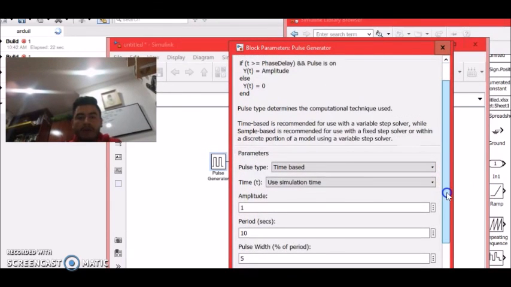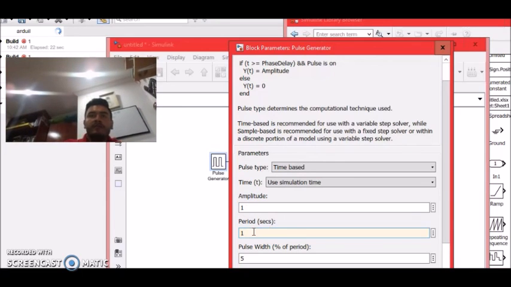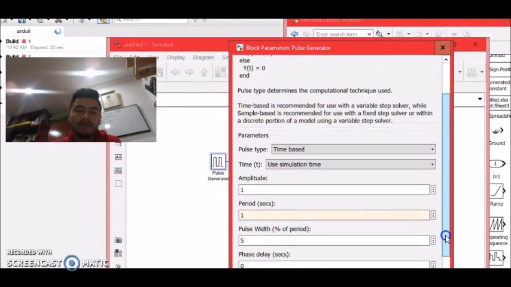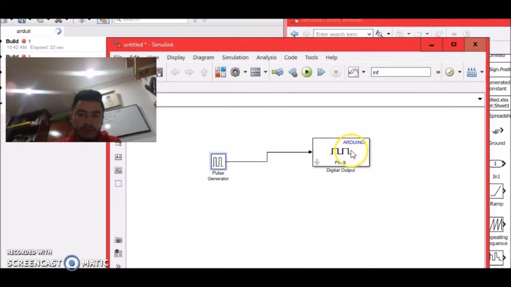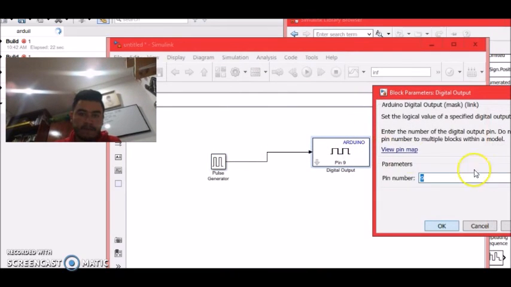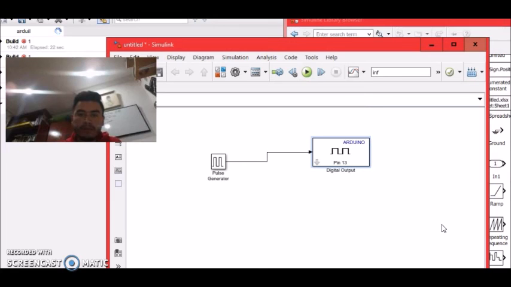Okay. The amplitude of the signal is 1. The period is 1, for 4 each second to start the LED. Select the pins and